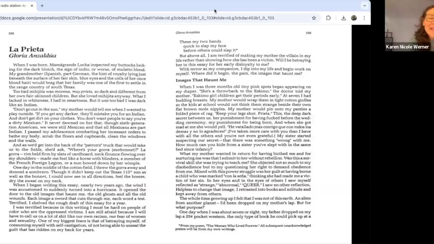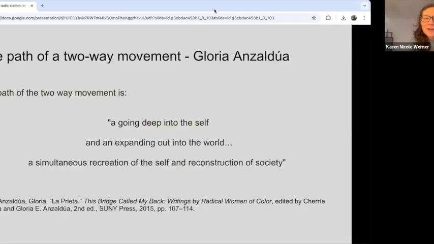Just to bring in someone who's inspired me. This is an essay that I will skip over, but just to mention it. The source is right here, La Prieta by Gloria Anzaldúa, who also talks about these two directions that I was just mentioning. Rather than radiating out and rooting down, she talks about going into the self and out into the world, the path of a two-way movement, and recreating the self and recreating society. So I offer these to sprinkle this more philosophy of how I approach the radio station and its potential for these two directions,